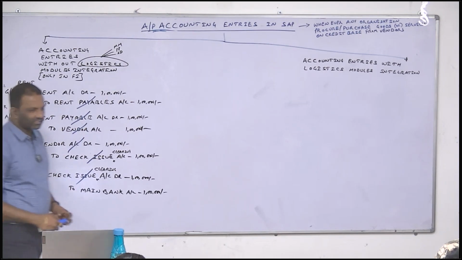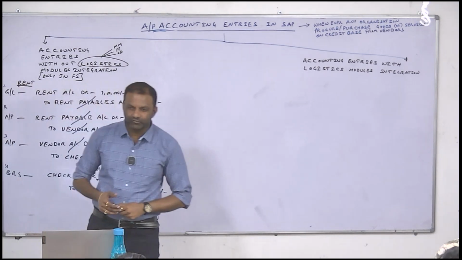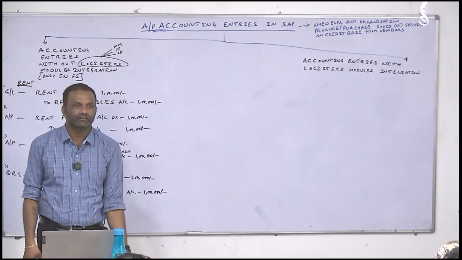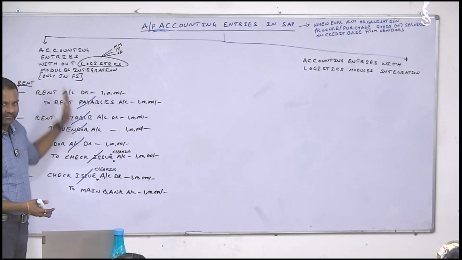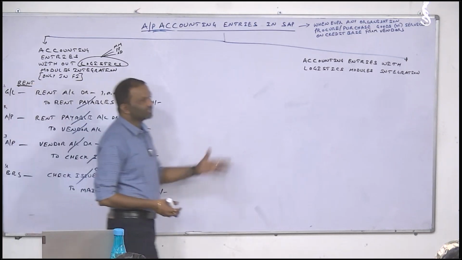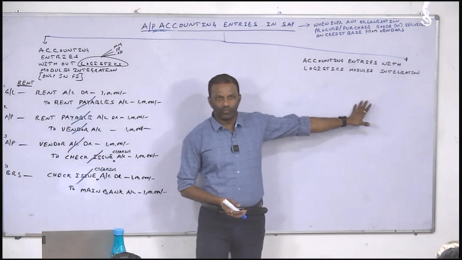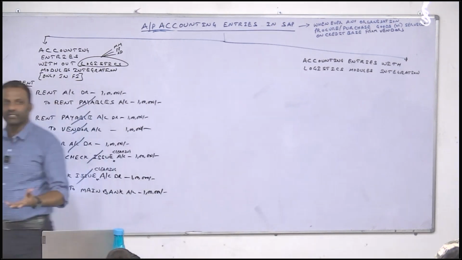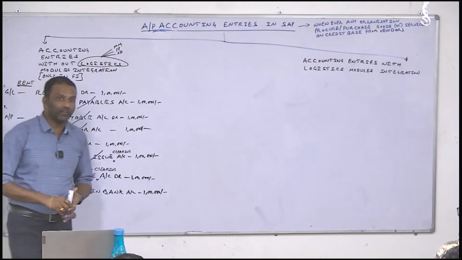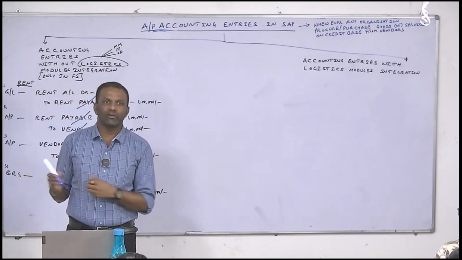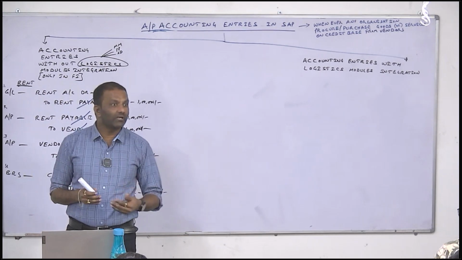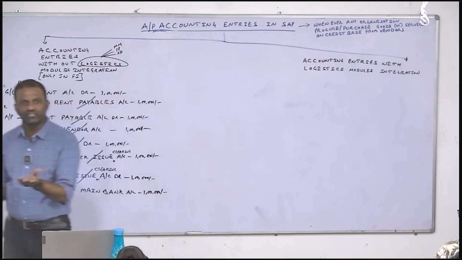From today onwards, if anyone asks how the accounting entries will be posted in AP in SAP, you people should tell 2 things. If it is without logistics, in this way. If it is with logistics, tomorrow we will discuss that one. Hope you got my point. So any expenses, any payments without involving logistics, we call normal expenses, like rent, salaries, or interest, or anything.